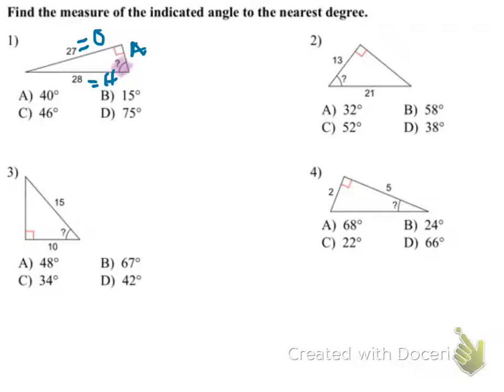Well, whenever it says find the angle, I want to use the inverse. So there's sine inverse, cosine inverse, and tangent inverse. We want to use inverse when I'm finding the angle. So I'm trying to find this angle there. I want to use one of these inverses. Well, sine is opposite,